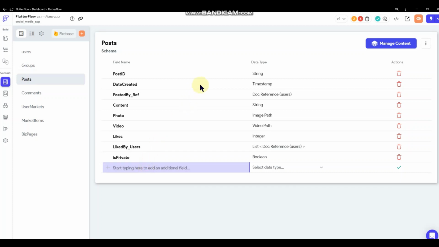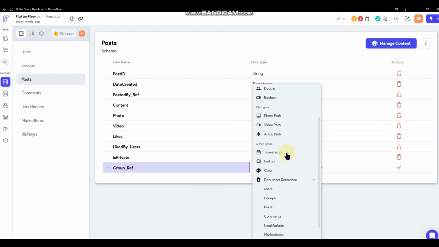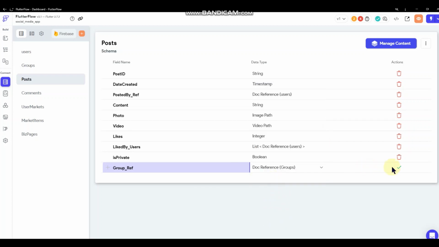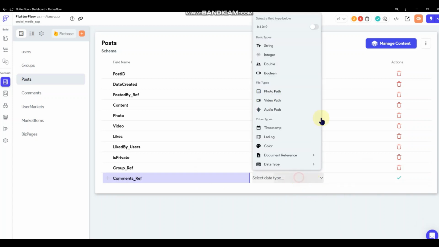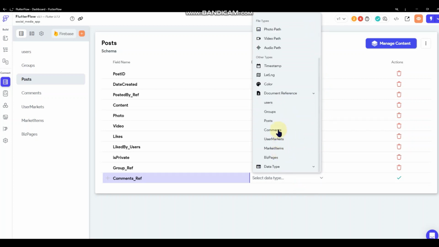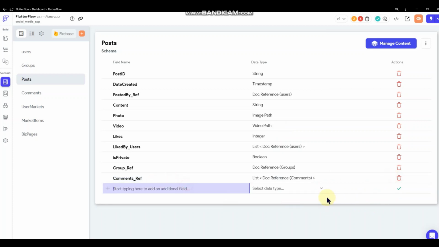Posts. We're gonna want to have some reference points in posts as well. So group reference, not a list, just one group. Comments reference. So this is a list. And that should be good there for now.